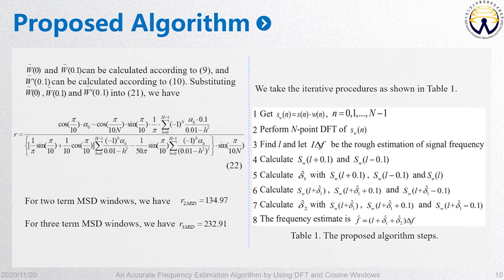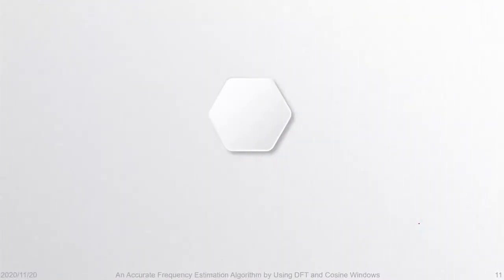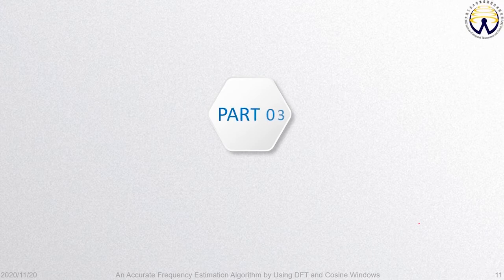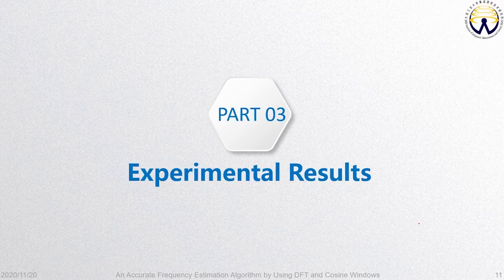According to the algorithm table on the right, we get the final estimated frequency. The performance of the proposed algorithm is high quality, and the influence of harmonic interference on the frequency estimation results is